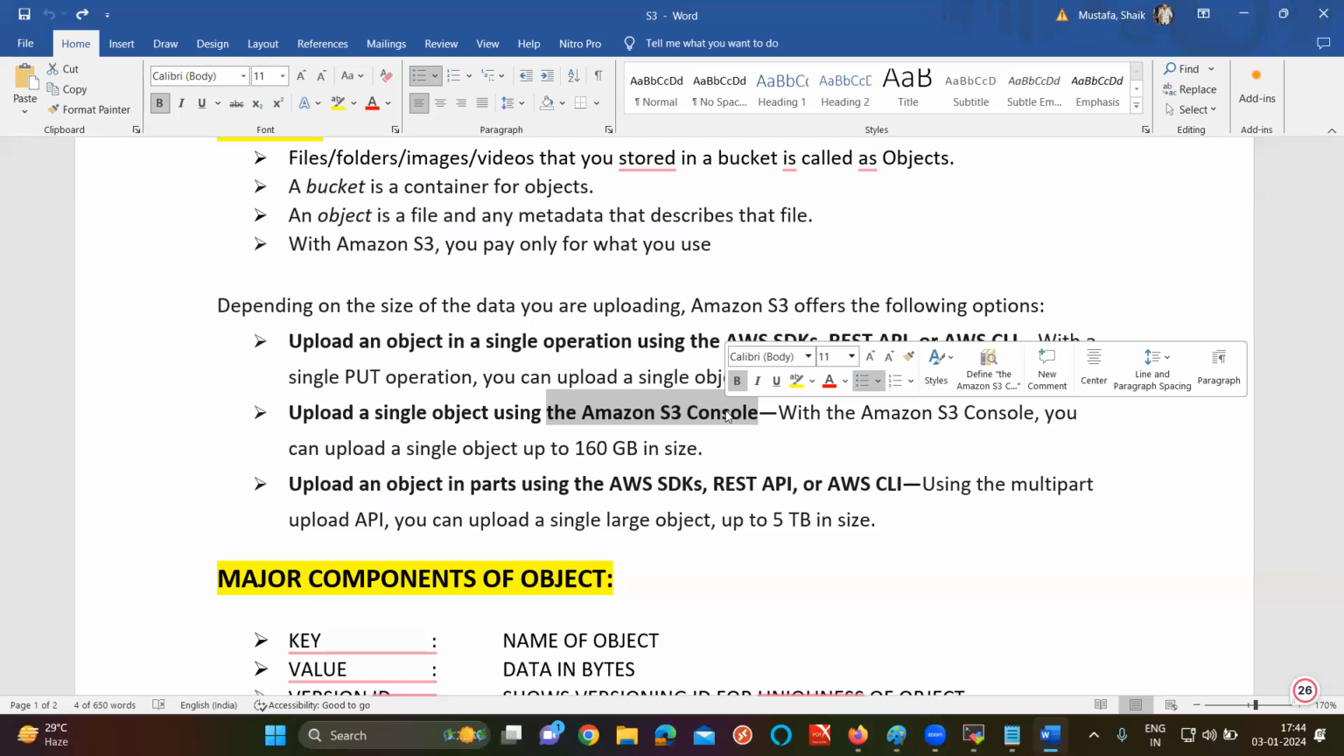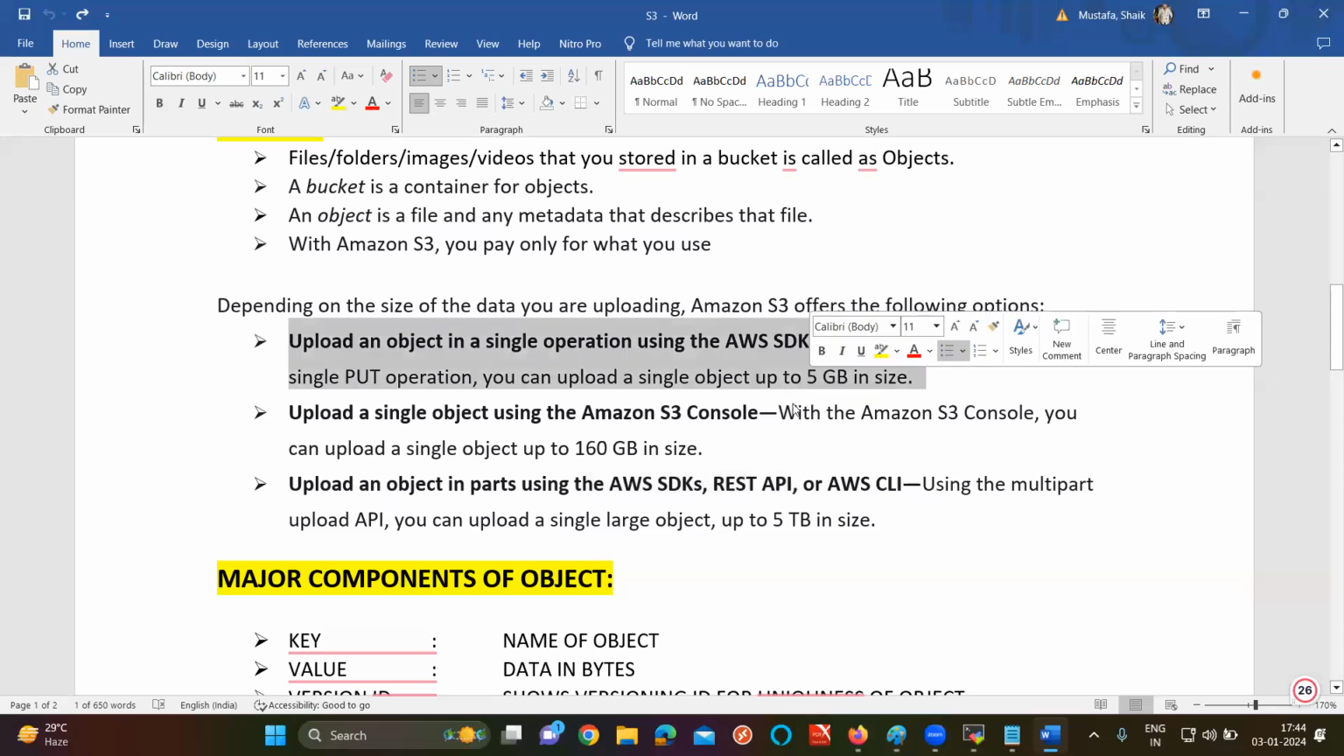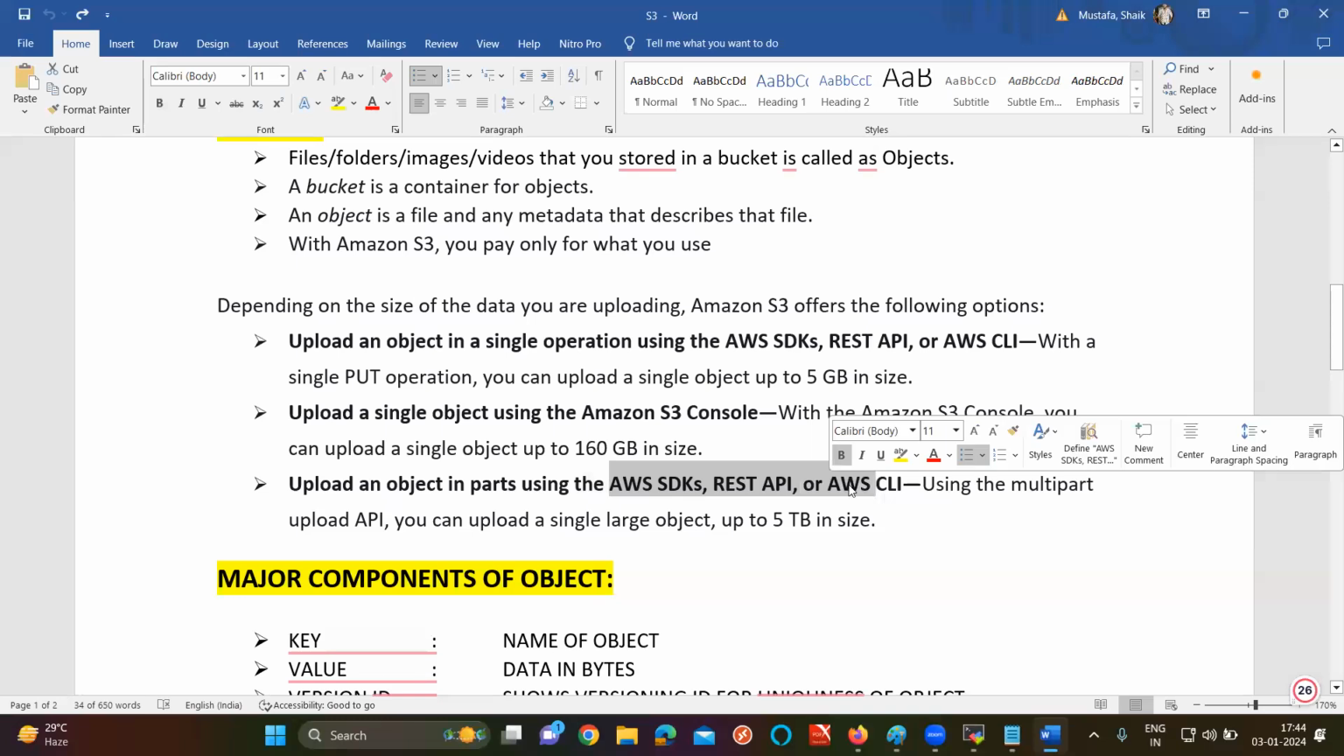What if the file is more than 160 GB, in terabytes? In that case, again, we need to use SDK, API, or CLI. Sir, previously you said that the SDK, API, CLI limit is 5 GB, but if it is more than 160 GB, again you are asking to use SDK, CLI, or API. What is the difference? I'll tell you. See, for example,